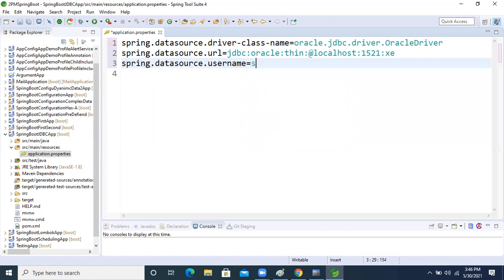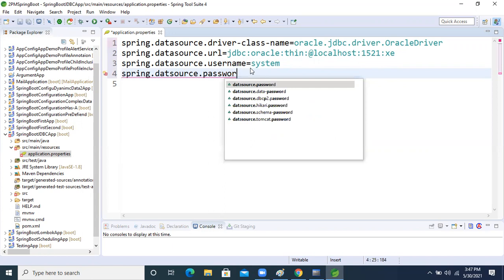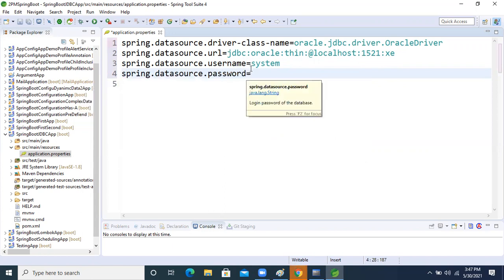My database user is system. One more key: spring.datasource.password, also system. Now this key we need to write in the property file.